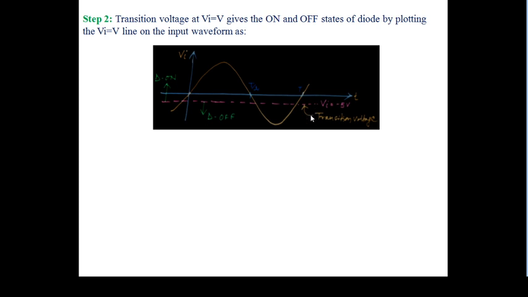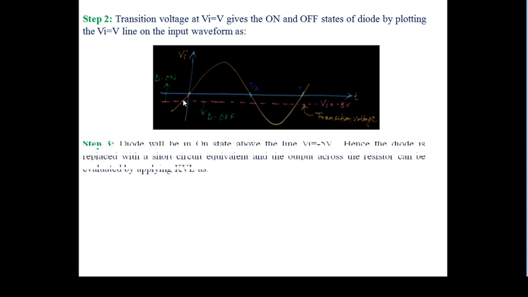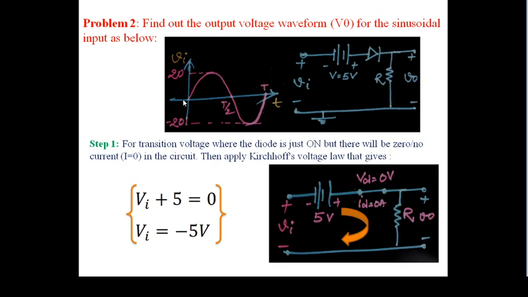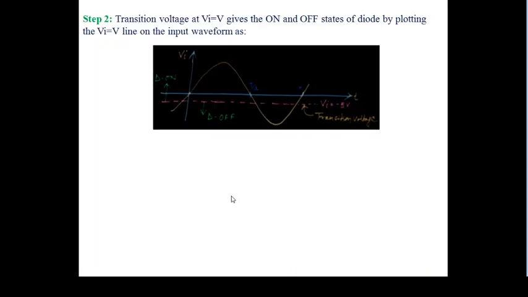You have to just concentrate for a few minutes, then it will be very clear. Is the diode on above Vi minus 5, yes or no? Suppose you put any value, say minus 3, and this one is 5, then the diode will become on. You can easily see, this one is 5 volt, even if the input is negative, this one is plus 5, so we are above the line and the diode will be on. Okay, so this line is okay.